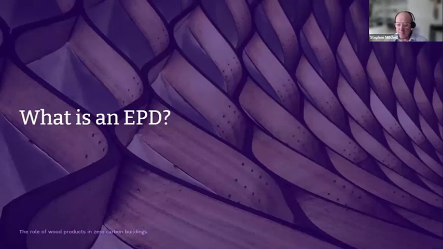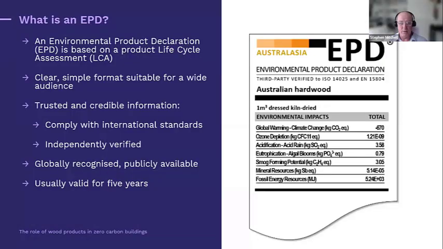Now, life cycle assessment and environmental product declarations are how we account for carbon in timber and wood products. I'm just going to touch a bit on what EPDs are and what they represent. So EPD, Environmental Product Declaration, they're based on a product life cycle. So it's an ISO standard that it has to comply with. So it's a life cycle assessment of the whole product, including production, acquisition of resources, kiln drying, sawing, making the